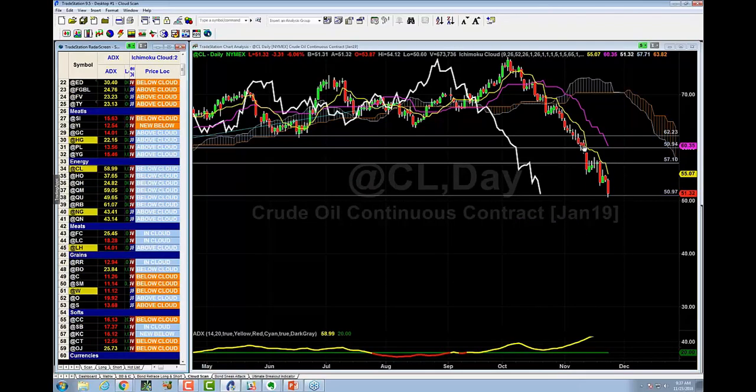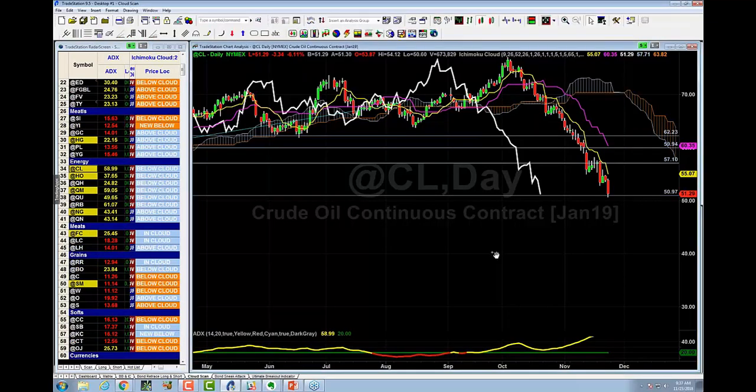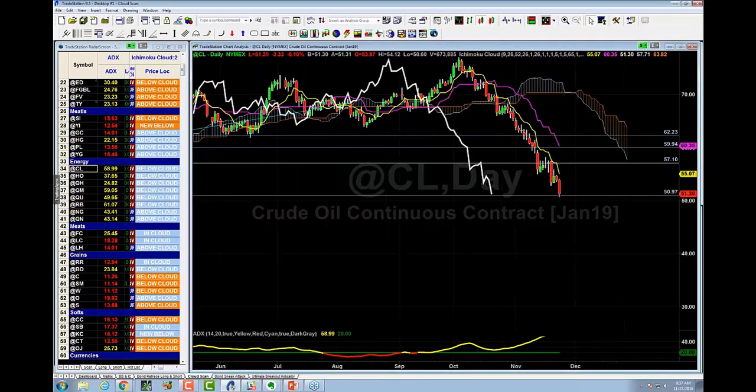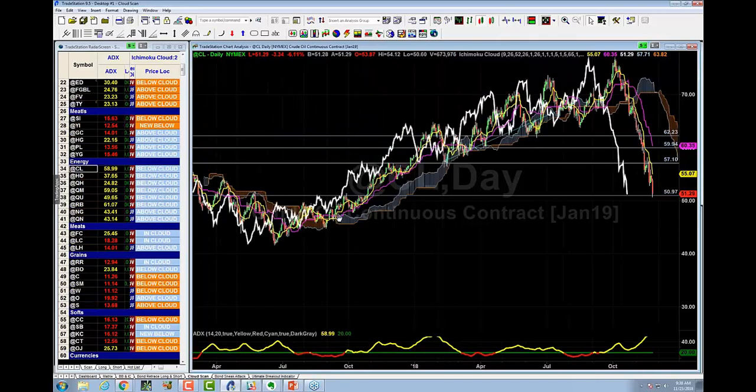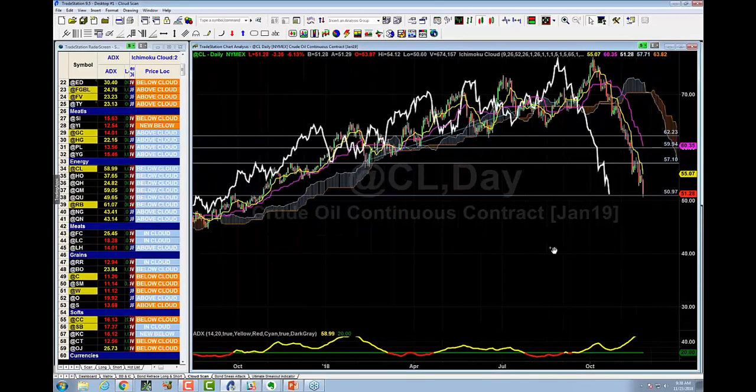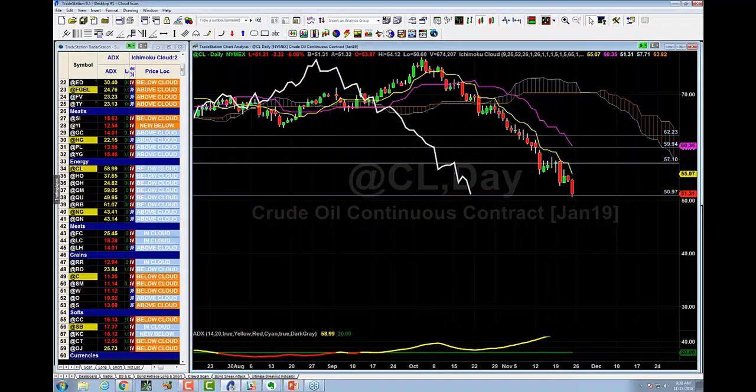Crude oil. Can anybody guess why I told my members, once we broke the cloud here, here's target 1, target 2, target 3, target 4? Look at that. It hit our fourth target today. Look how simple that was. And heads up, we were long from $40 back in here, when it broke above the cloud. See how we got long crude oil right in here, and we held it all the way up until we broke really cleanly. And now we're short, and then we've got those targets. Pretty simple, right? This is not hindsight. You can really do this. It is not hard, okay?